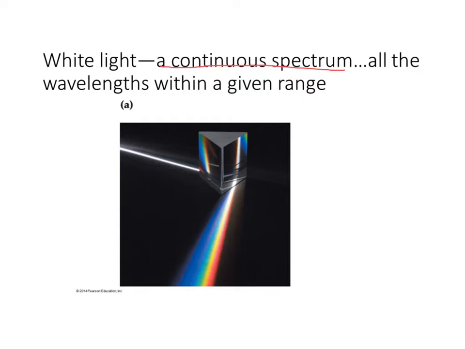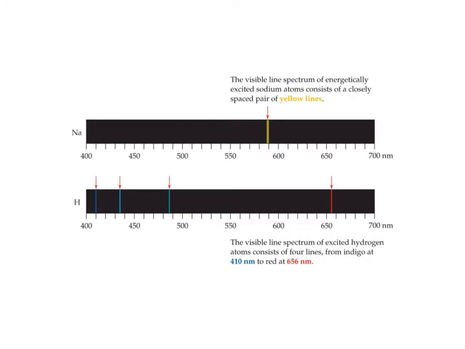The reason we need to define this continuous spectrum is so that we can understand the significance of the work of a chemist named Balmer. What Balmer did was a very simple experiment, one that I hope to have video edited into this lecture shortly. But what happens in this experiment